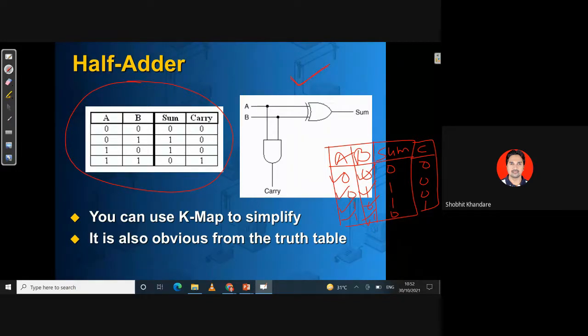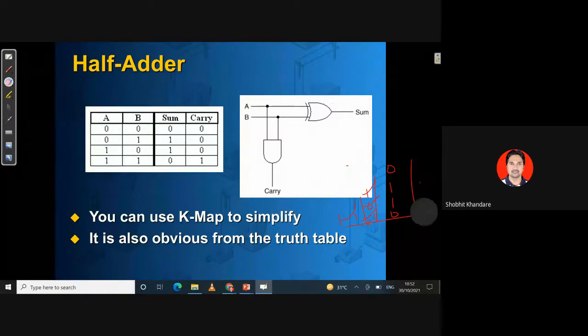And if you ask me, how do you get this diagram? This diagram we have got, I already told you, whenever you have to implement by using the hardware, the first important thing is that you should have the K-map. Now in front of you, you have the truth table. From the truth table, you will be able to get the K-map. And from the K-map, you are going to get the equation. And from that equation, you are going to know what logic gate I have to use.